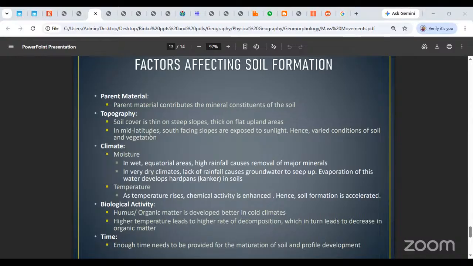Okay. As far as temperature is concerned, the more the temperature rises, the more the chemical activity is enhanced. So you see why they say that if you ever try to make your own natural fertilizers, then they will always tell you to keep it in a drier and a little colder place. The more you expose it to the sun, the more the temperature increases, the microbial activity increases even further, and because of that the decomposition happens faster. You want the humus to remain in the soil for at least some period of time for it to contribute to the fertility of the soil. So the faster the temperature rises, the greater the chemical activity, and soil formation also accelerates.